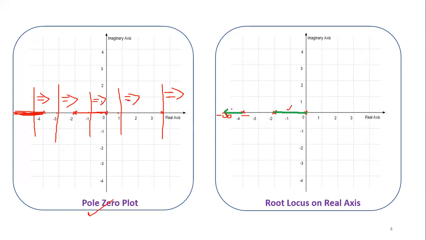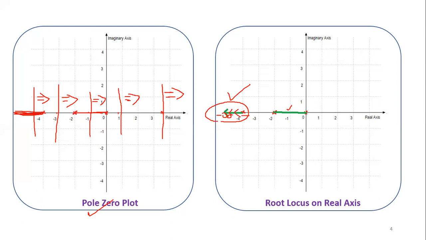The direction will be like this. It starts from -4 and travels towards negative infinity. So this is the one infinite root locus. Now we need to cross check the remaining 2 infinite root locuses. We need to identify the 2 infinite root locuses. That we will see in the next steps.